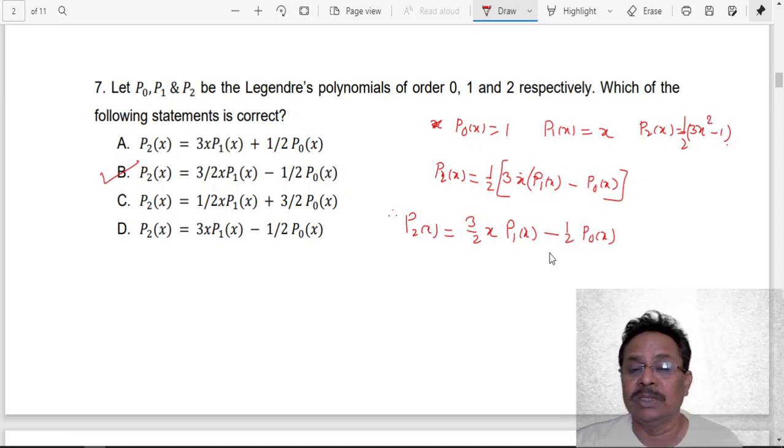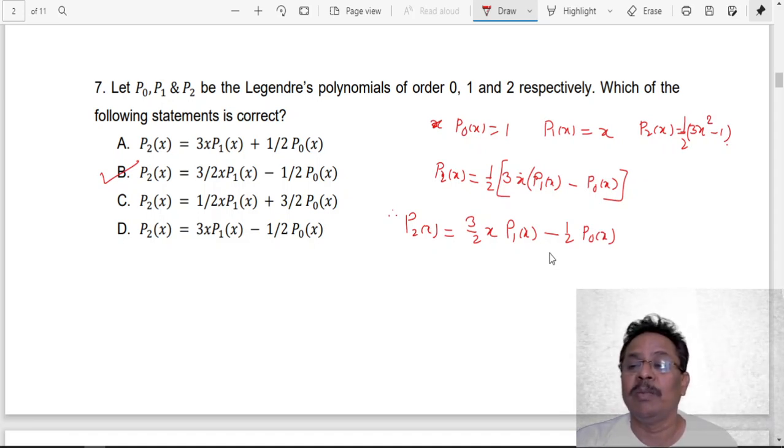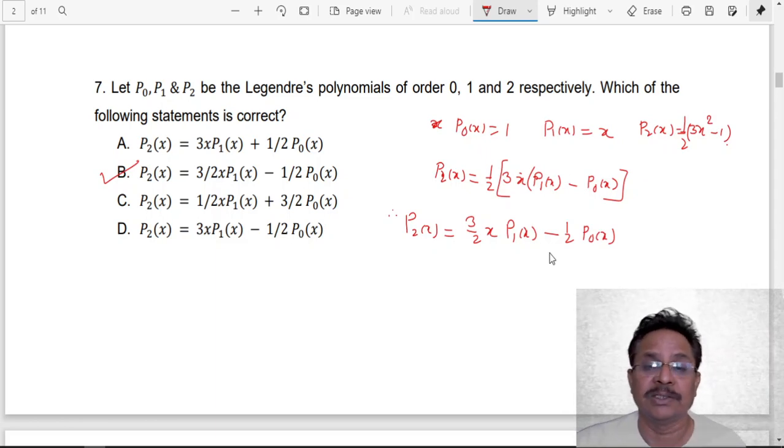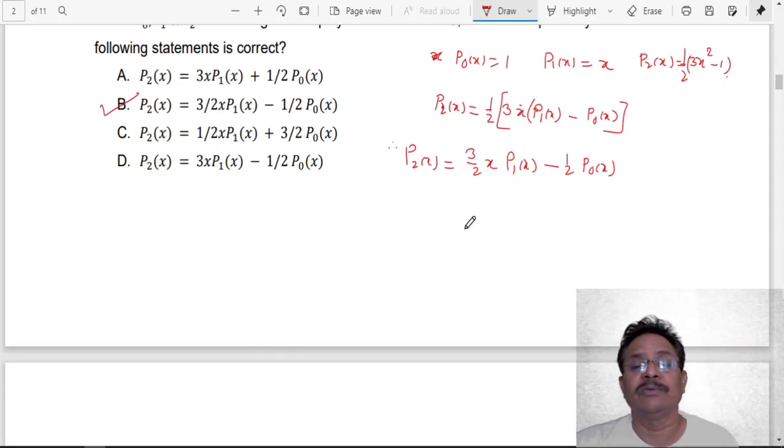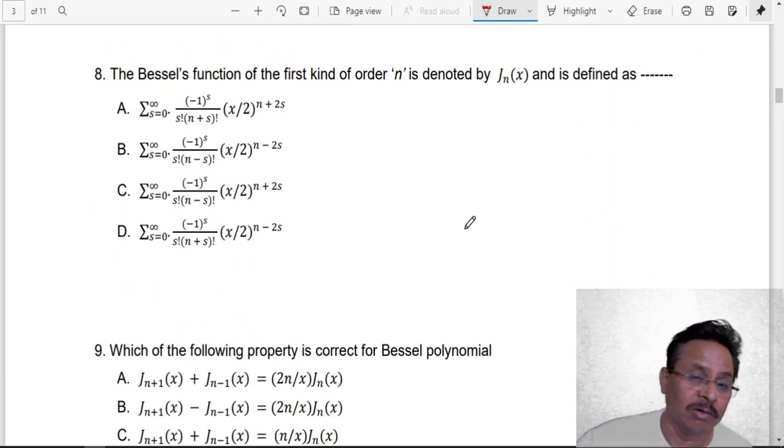So that is how that question is solved; we are not needed to go for calculation of anything. We just needed to know P0x, P1x and P2x. Replace the value of x there by P1x, and the 1 by minus P0x, and using those numbers and solving further, we get a very simple relation between P2x, P0x and P1x. This type of recurrence relation is one of the important recurrence relations for the Legendre polynomial. So these are a few questions related to Legendre polynomial.